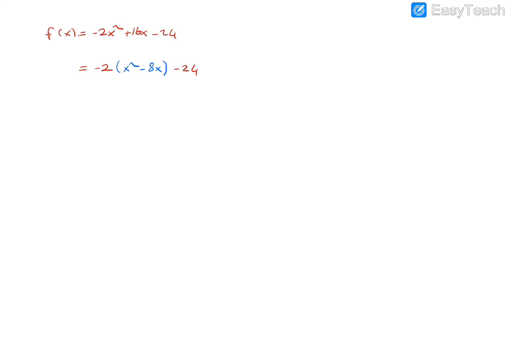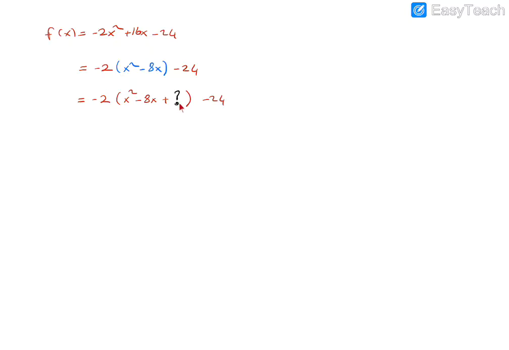Now, our aim is to write the x squared minus 8x as a square function, x squared minus 8x plus, let's put the question mark here, minus 24. So what I write for this question mark will be the square of the sum terms, okay? So we should add the 16 for the question mark to complete the square inside the parentheses. So it will be x minus 4 squared.